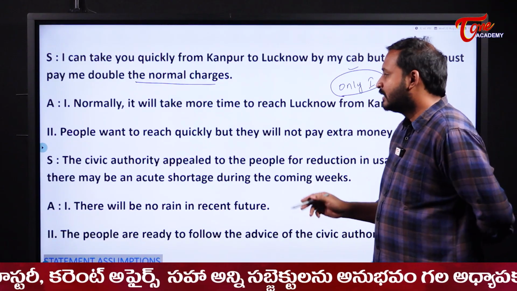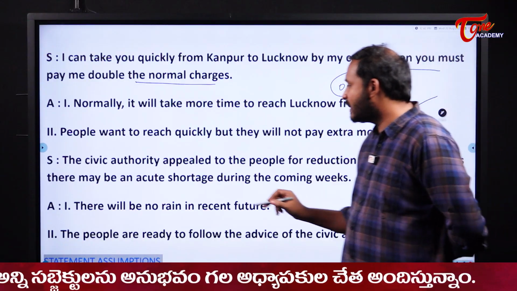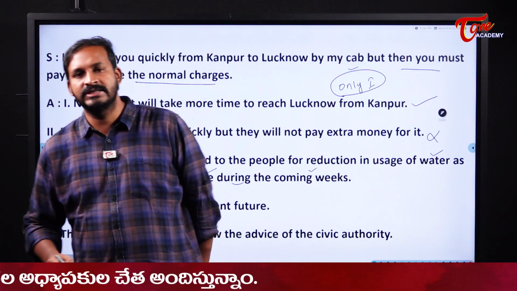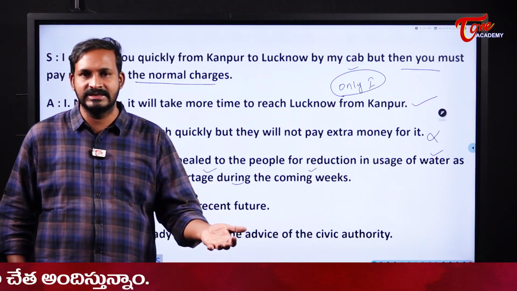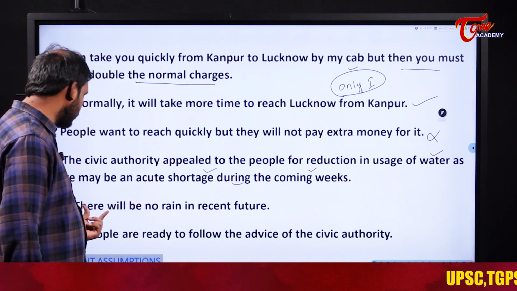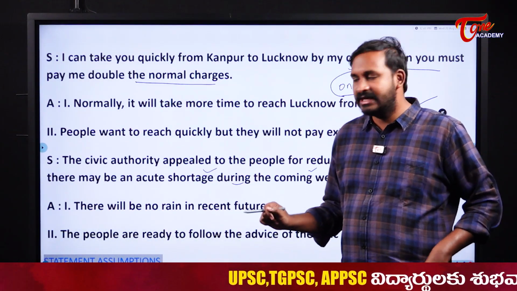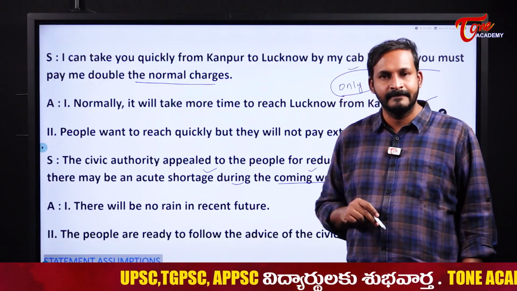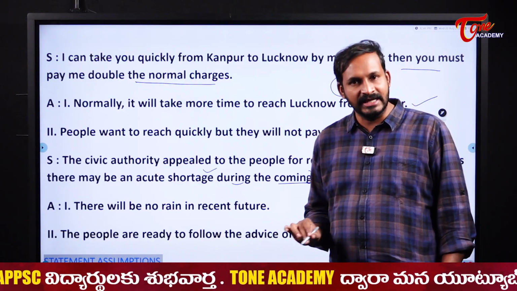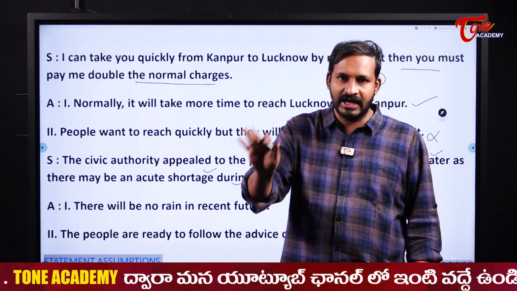Okay, now the civic authority appeals to the people for the reduction of usage of water, as there may be an acute shortage during the coming weeks. During the coming weeks, there is water shortage, so definitely the civic authority is asking the public to use water carefully. Now, first one, there will be no rain in the recent future. See here, students, do they mention any reason behind that shortage of water? No, right? They don't. Then how can you conclude it is because of rain? Yes, it might be rain. We can accept it, but still,